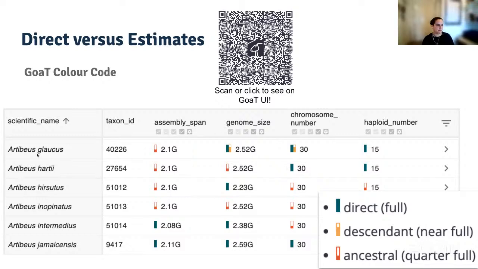So this is a bunch of bats. You can see here that for this species, Artelius glaucus, you have no value for assembly span, but it's actually Sibylle,